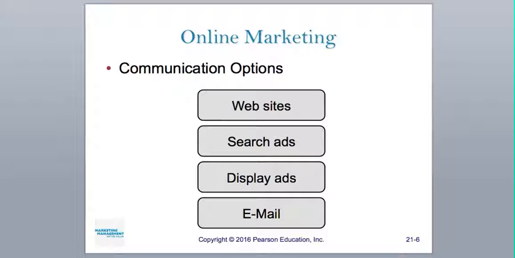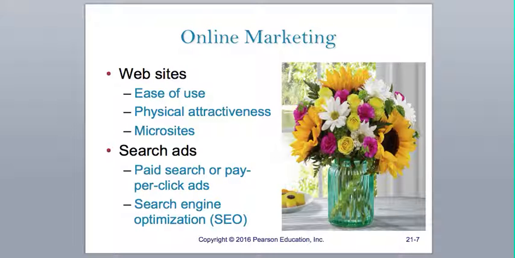So here are your options, more or less, for online marketing. They all have strengths and weaknesses. It just depends. What's the right answer? The right answer is it depends on who your target market is and what their media habits are and what they might respond to and the characteristics of your product. Is it easy to describe? Is it hard to describe? So this becomes an investigation into making decisions as a marketing manager. So there we go.